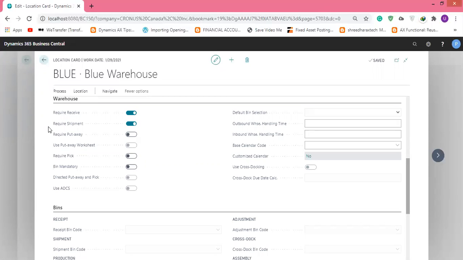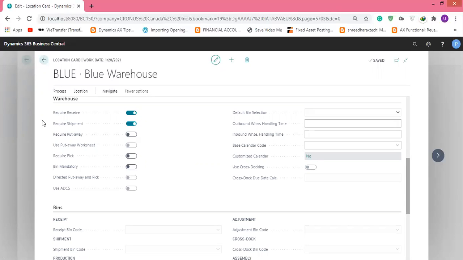That means it is being stocked. It is not in transit, and it is not being sold off for an order. It's being warehoused. This document is required whenever we have a purchase order